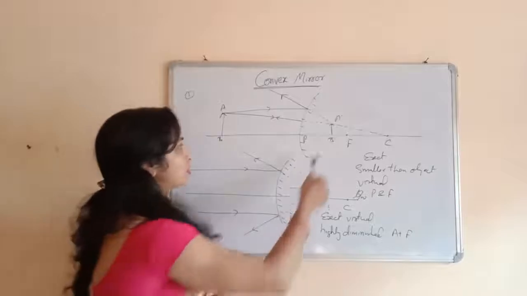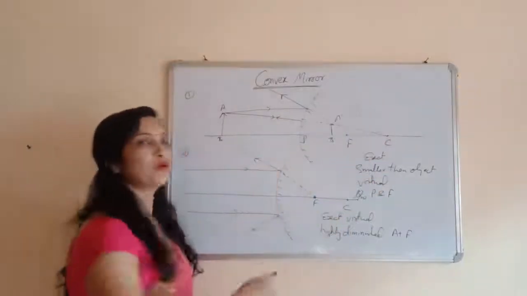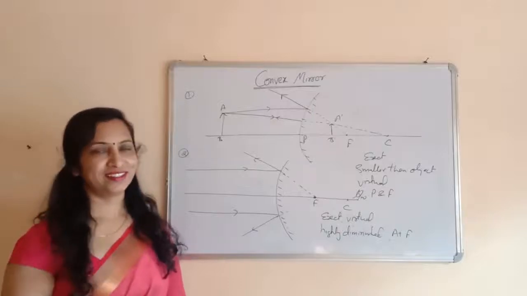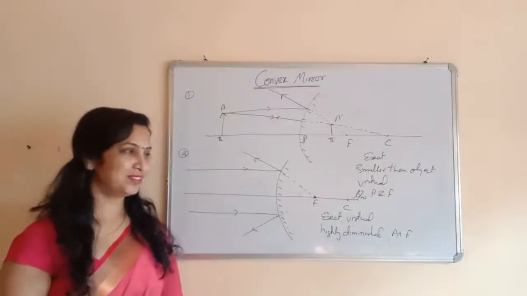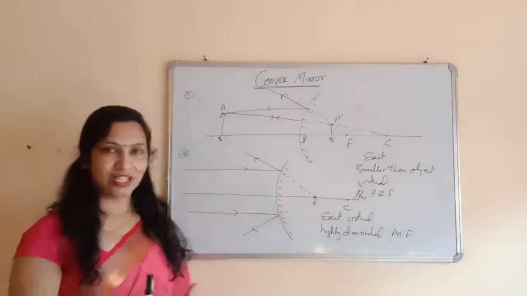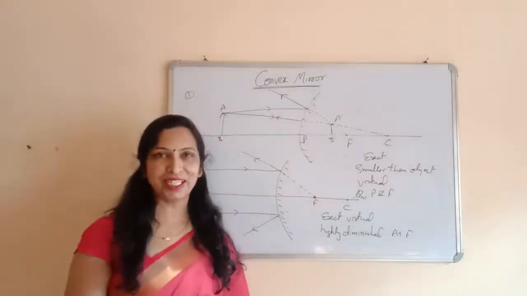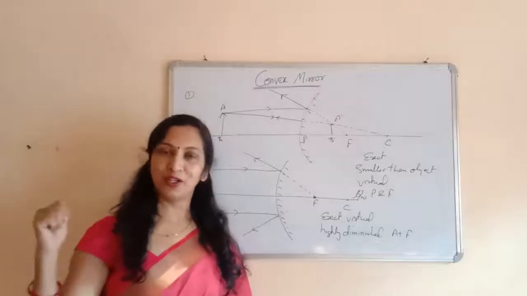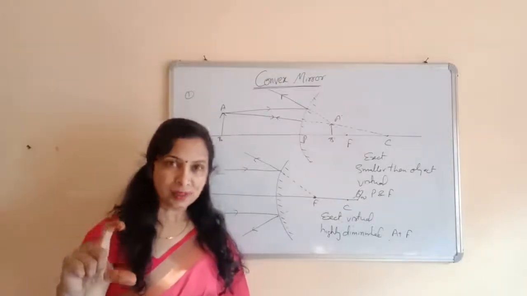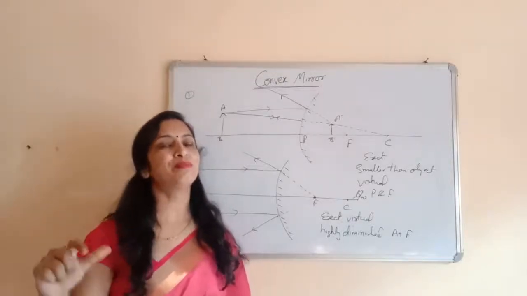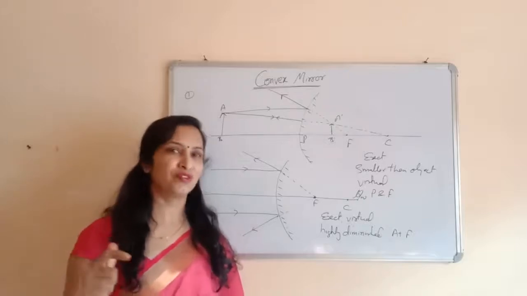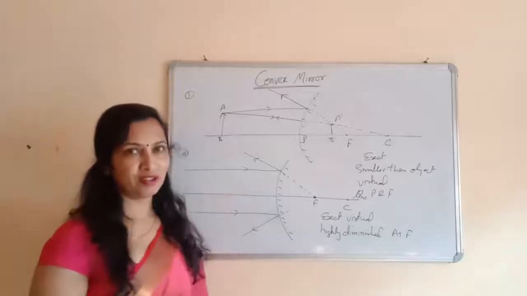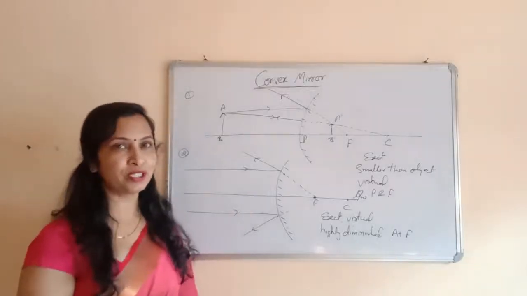Due to the nature of the image formed by the convex mirror, it is used as a rear view mirror. Do you know what is the meaning of rear view mirror? A rear view mirror means in your vehicles like scooty or bike or bus or truck, we use a mirror to see the objects behind. And this mirror we use to see the objects behind is called the rear view mirror. This mirror is the convex mirror. Why do we use the convex mirror as a rear view mirror?